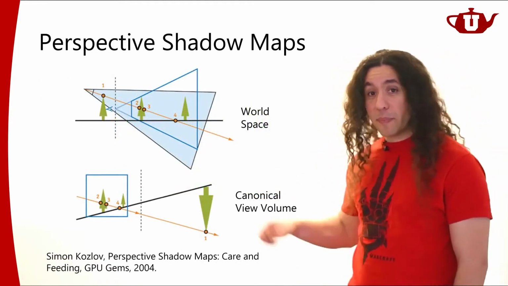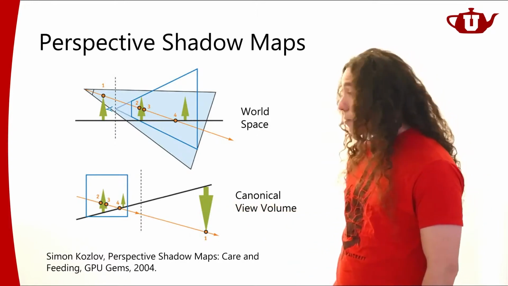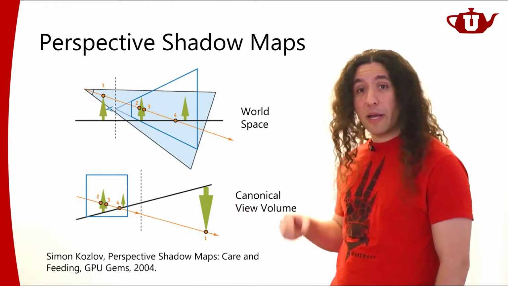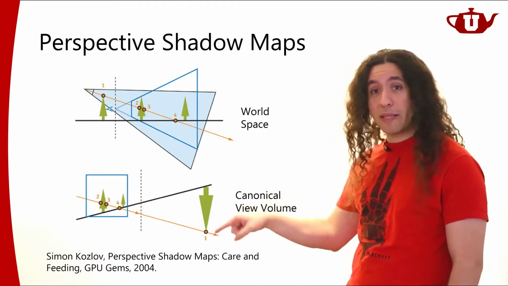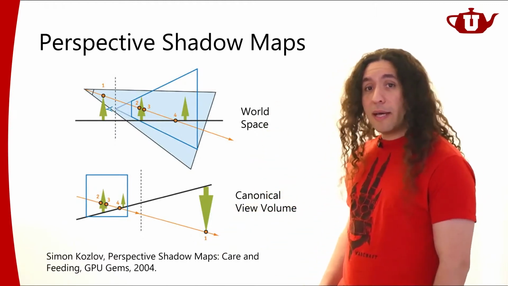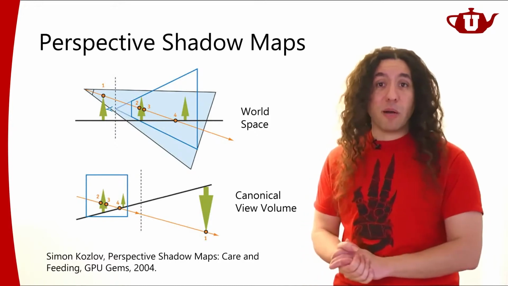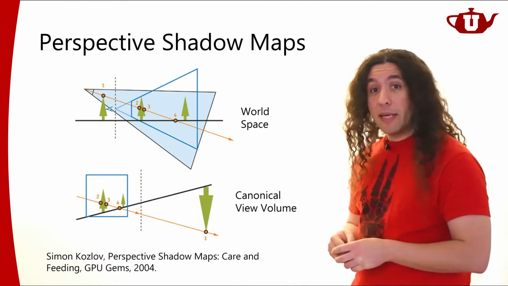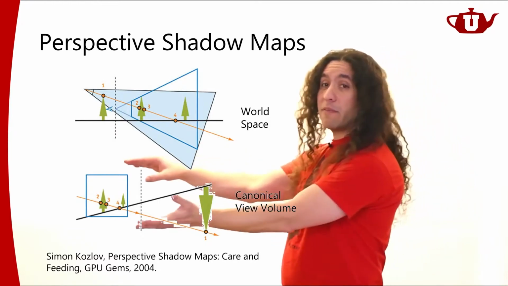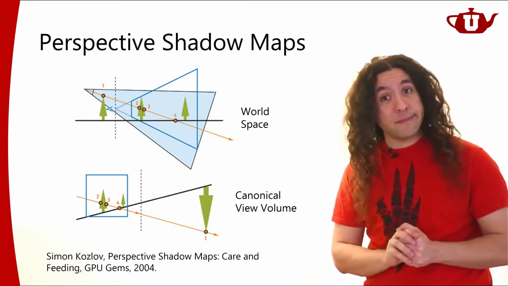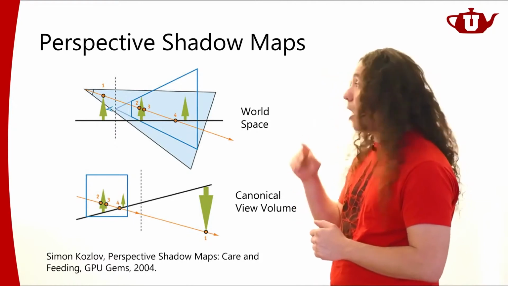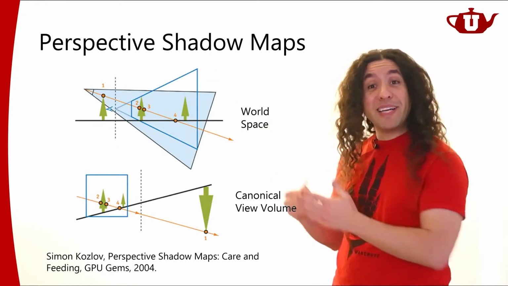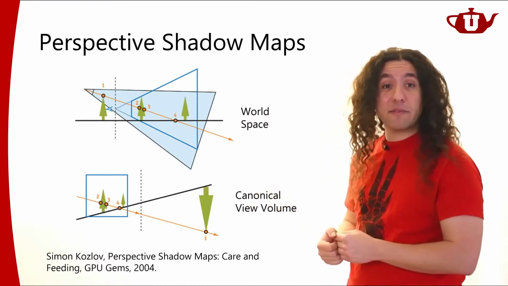So there's a GPU Gem chapter on this. It's a very good one. So if you want to implement perspective shadow maps, I would recommend that you check this out. There are some practical problems with perspective shadow maps that one needs to deal with. Now, everything inside the canonical view volume would be fine. That will be fine. But if I have objects like this tree behind the camera that is outside of the canonical view volume,